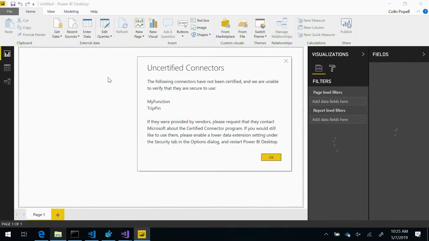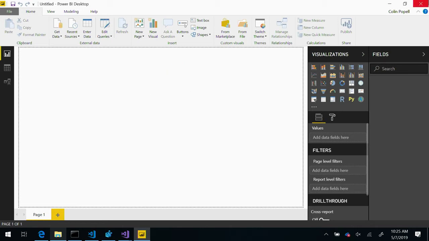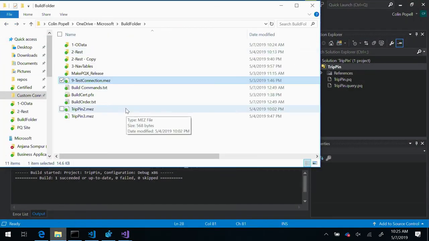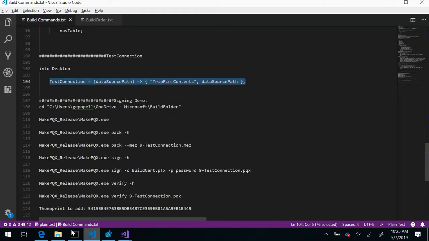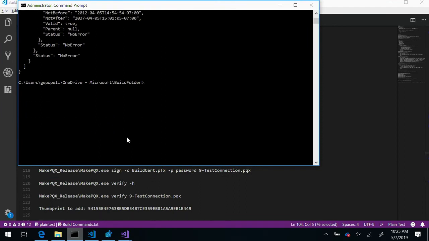But I guess what we have is an issue where we can't load it, because my IT policy says, hey, I can't use this. It's not secure. Why are you trying to get me to lower this? That's not okay, right? Okay. So what if we can make it trustable? Leading question. So what I'm going to do is I'm going to come into my command line here, and